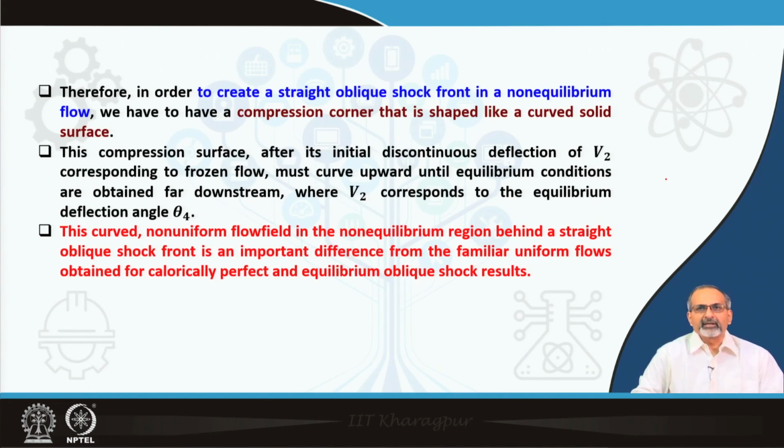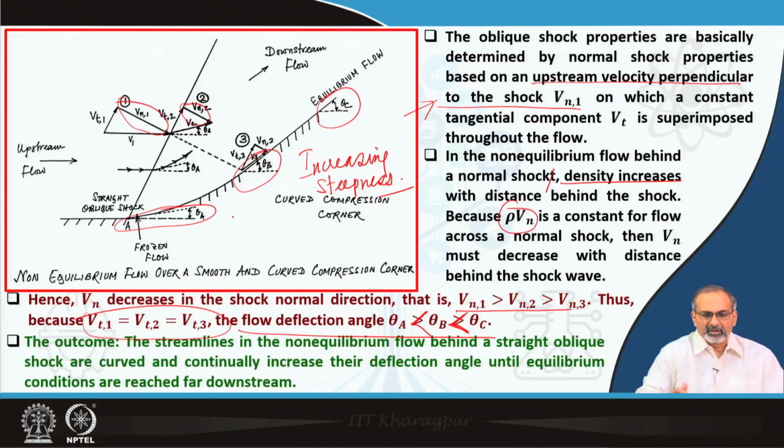Therefore, in order to create a straight oblique shock front in a non-equilibrium flow, we have a compression corner that is shaped like a curved solid surface. This compression surface, after its initial discontinuous deflection of V 2 corresponding to frozen flow, must curve upwards until equilibrium conditions are obtained far downstream, where the deflection angle basically becomes theta C,